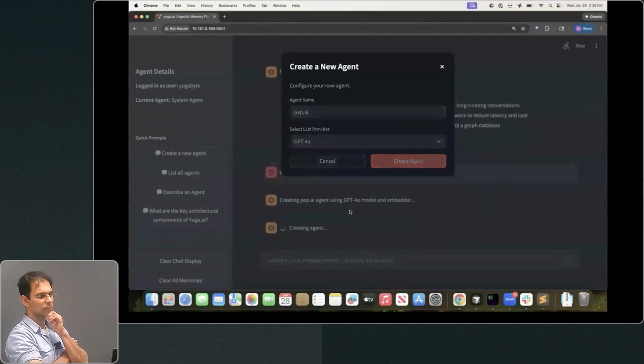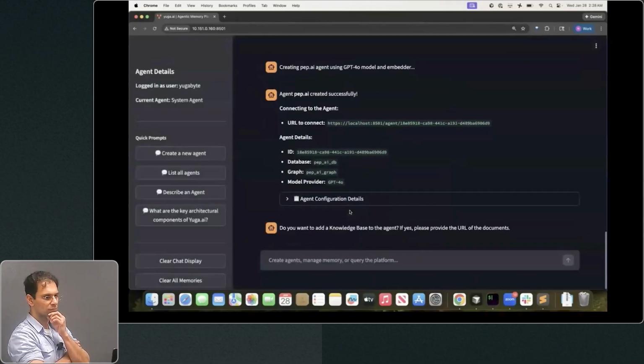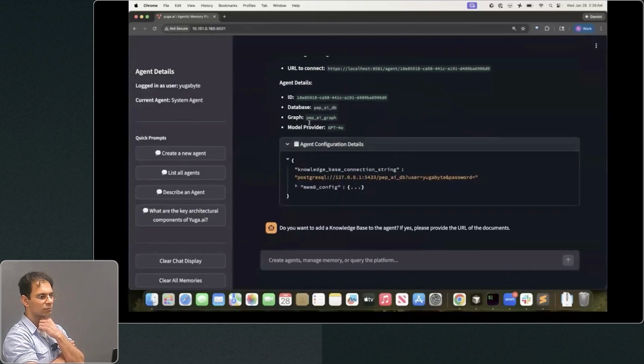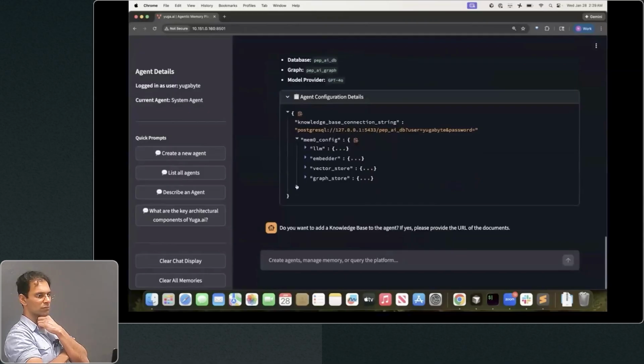What happens is, behind the scenes, the platform is creating the tables and the databases for the pep.ai agent. As you can see, it gave out the URL to connect to that specific agent, and also a few other details like the YugabyteDB database that the agent will use, the graph database it will use, and the connection string that you will need in your user agent for connecting to